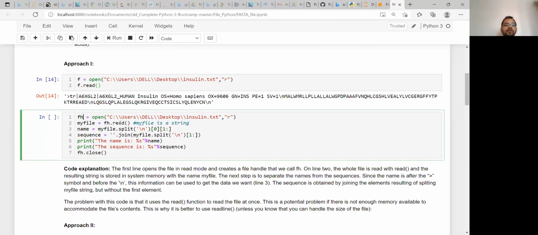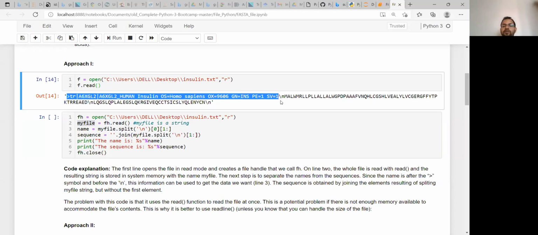Now, we read this file and stored it in the variable my file. That means if we print my file, you will observe the same thing, that it prints this as a whole. So the first job is we need to split at the first \n, that means up to this one.